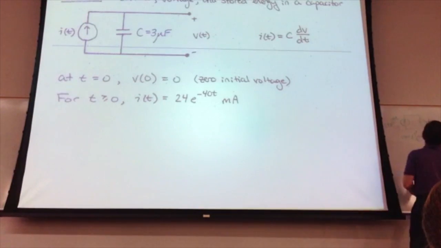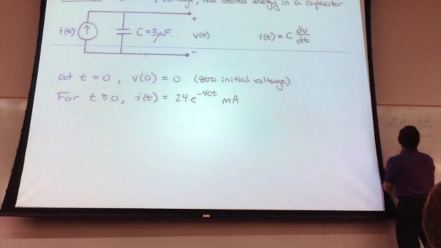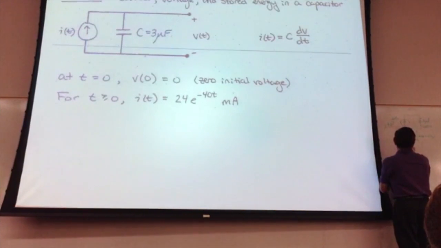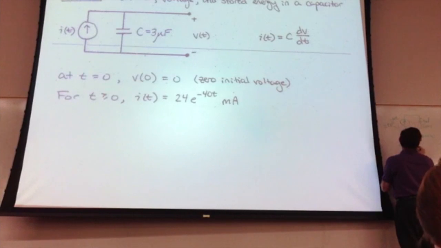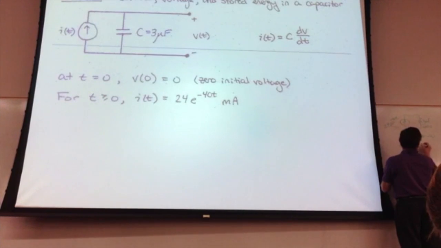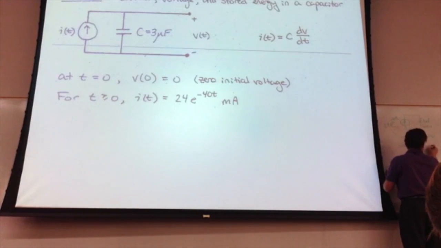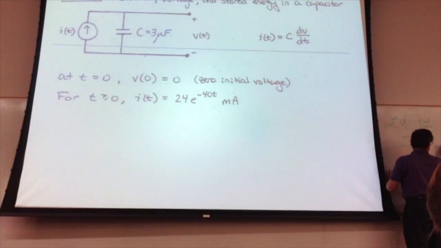So now I'm going to substitute in what this current is. V of t is equal to 1 over c, which is 1 over 3 times 10 to the minus 6th, the integral from 0 to t of 24 e to the minus 40 t dt plus V at 0, which